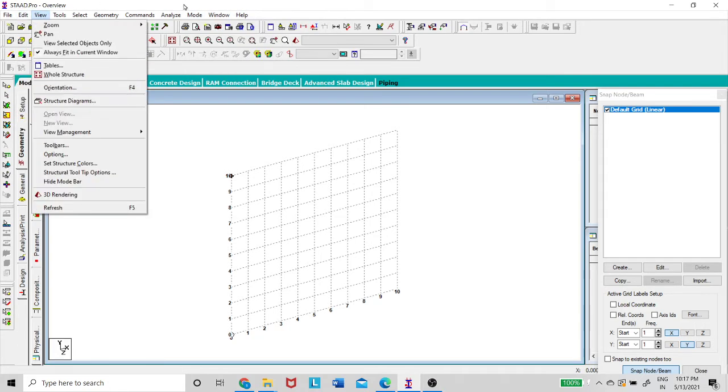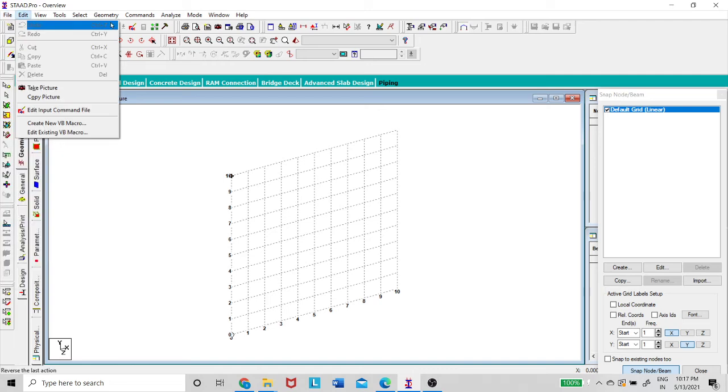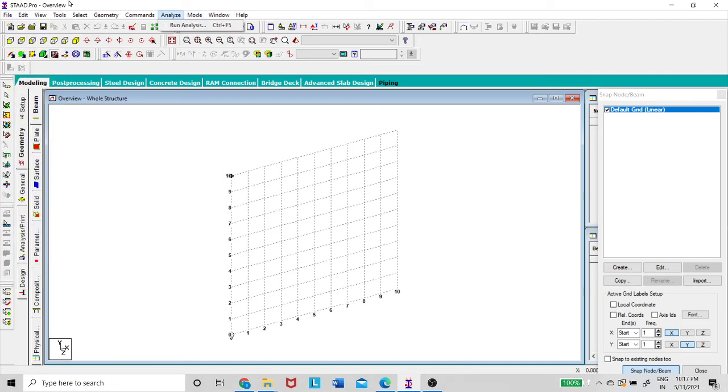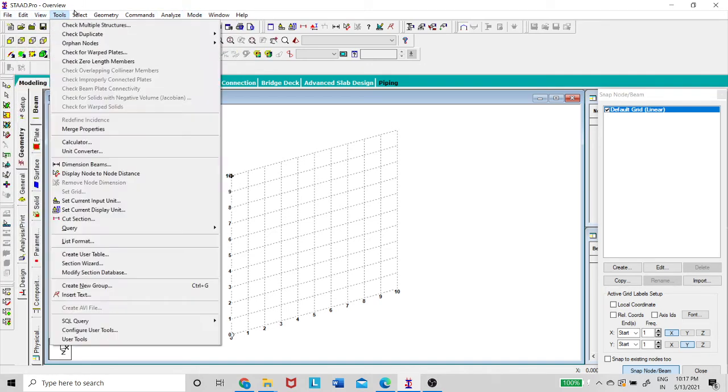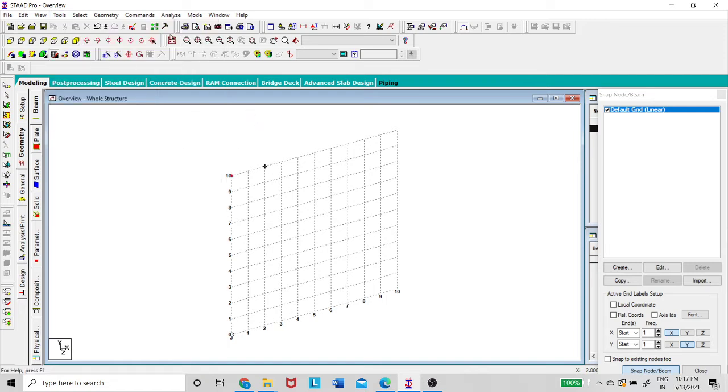Okay, so these are the pop-up windows you can see here. Whatever these things are there, the icons are also automatically present in the graphic user interface. Okay, so here if you look at the side, whatever the options are there, you can see the